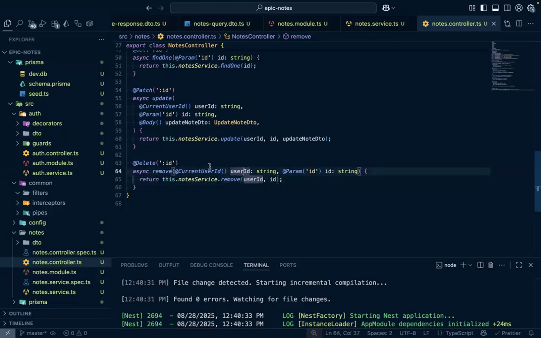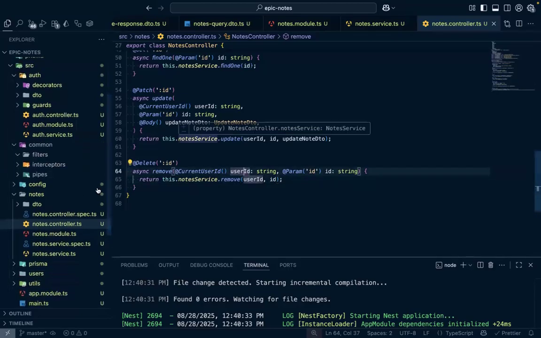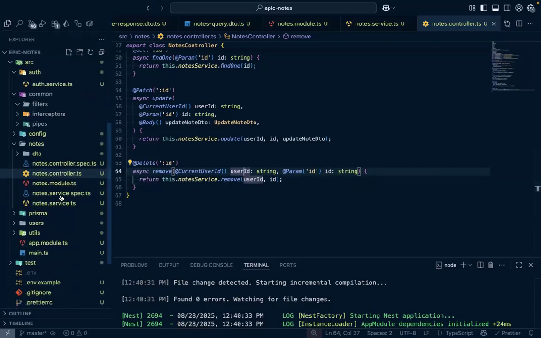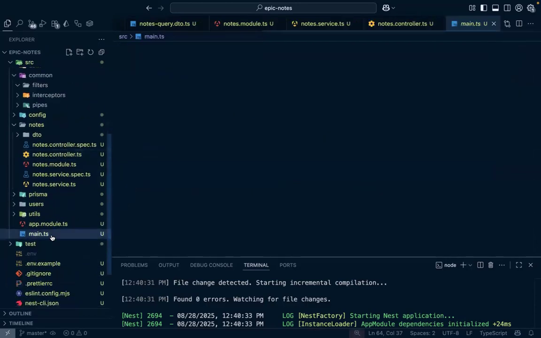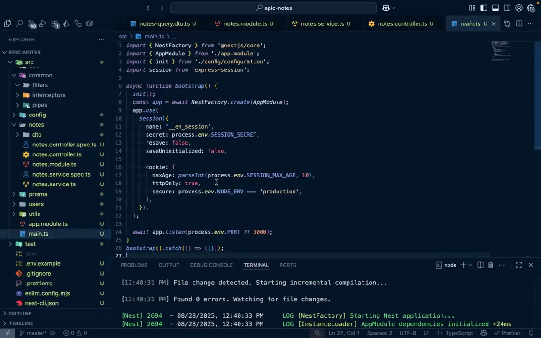So let's move over to our main TS file. We'll come back to that file and implement all of those. But let's first of all move over to our main TS. So if you can see, we have the session coming from Express session, which is not advisable to use in production. So we create a class in our main TS file,